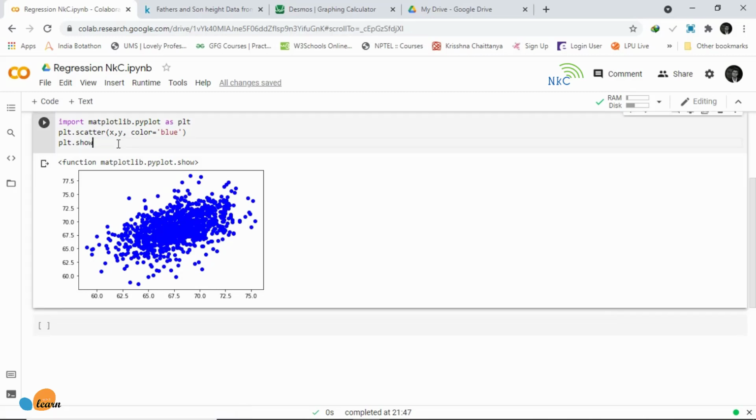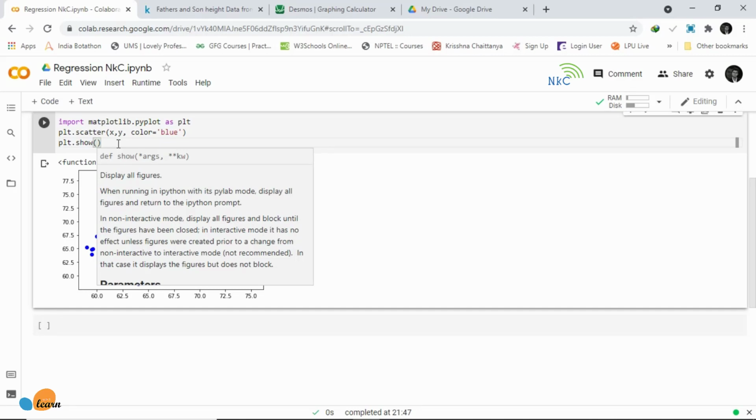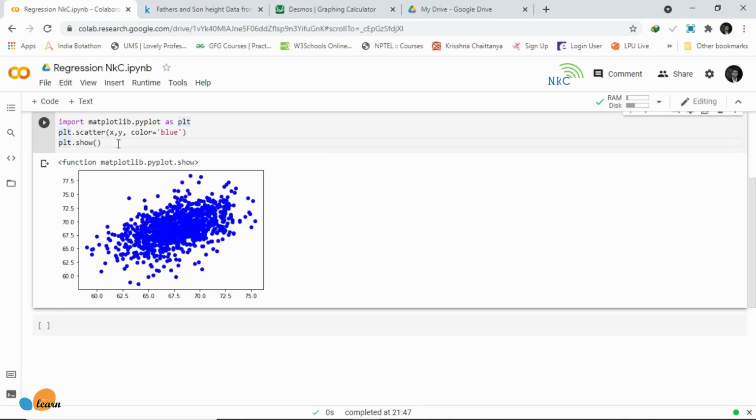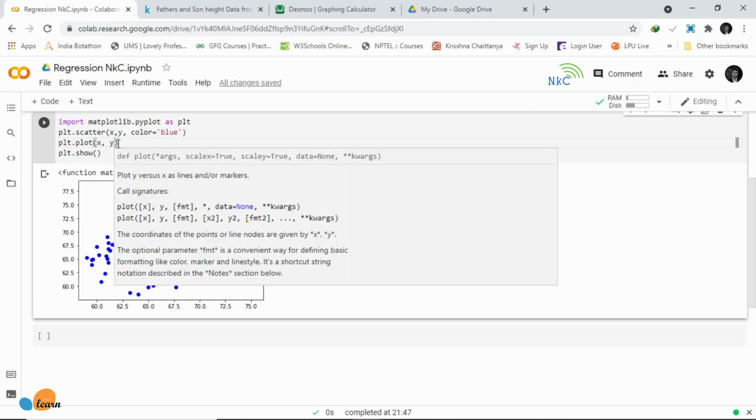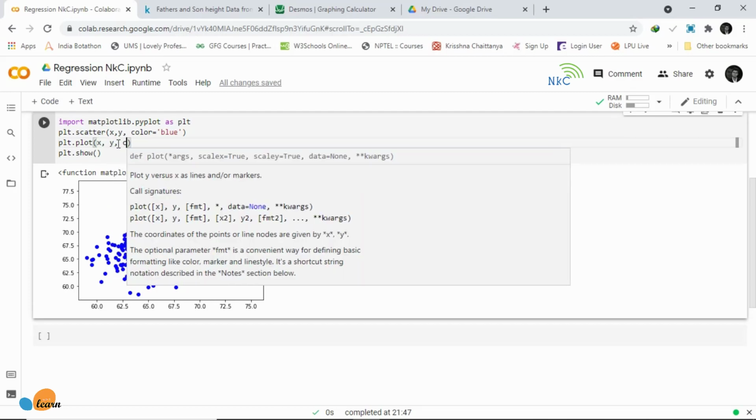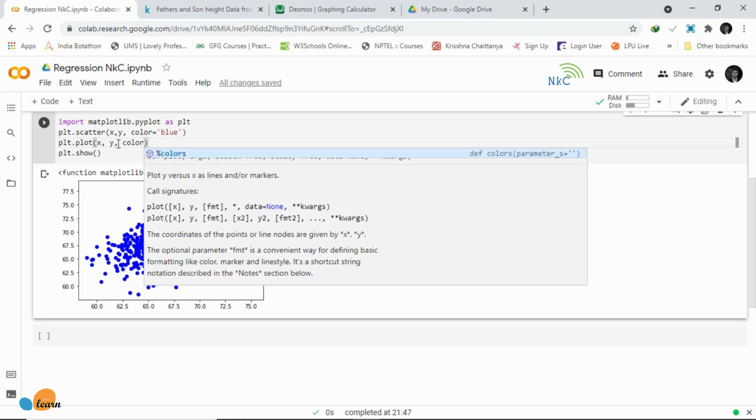As you can see right here, we have the height of a father, and then we have the height of the son. And you can obviously see that there is a correlation, albeit not a very strong correlation, between father and son.